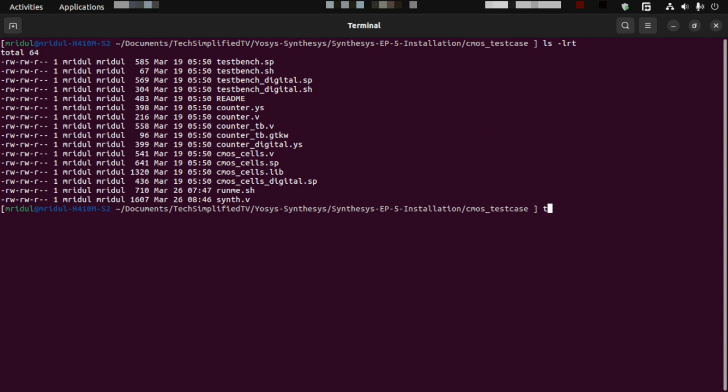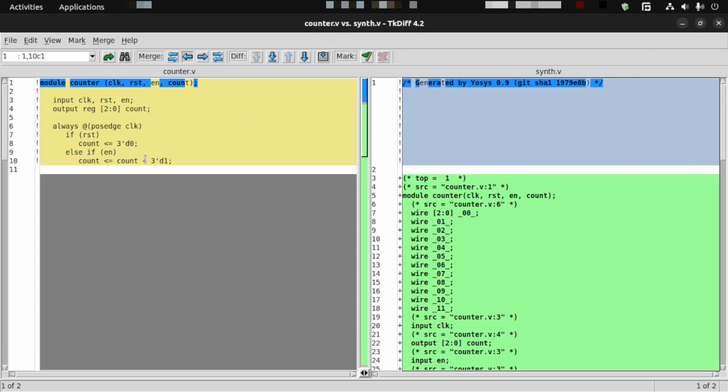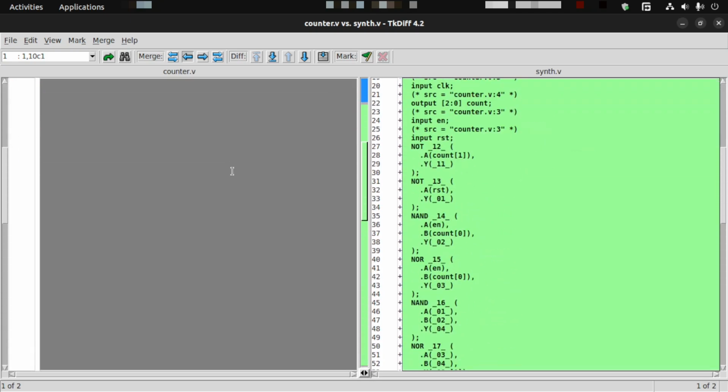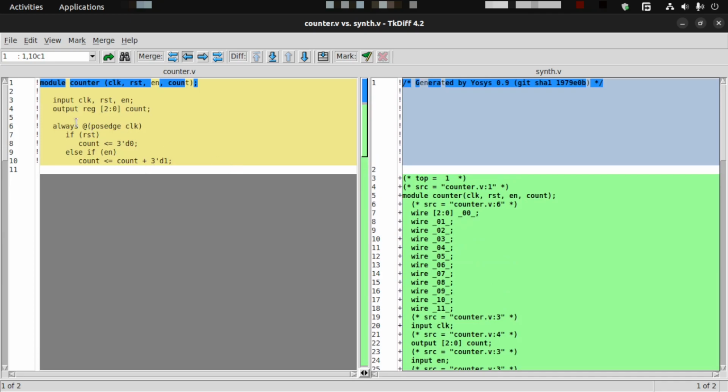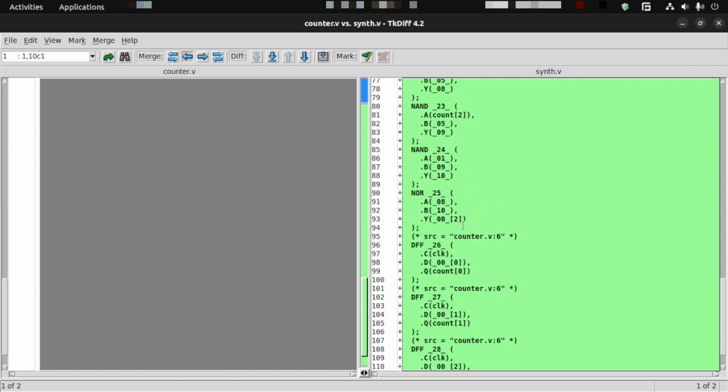So let me type tkdiff counter.v synth.v. Let us open it up. You can see here in TKDIFF the module counter, which is in pure Verilog format, and there are a couple of other things which are your Verilog syntax. On the right-hand side, you can see the synthesized netlist, synth.v, and here you can see the